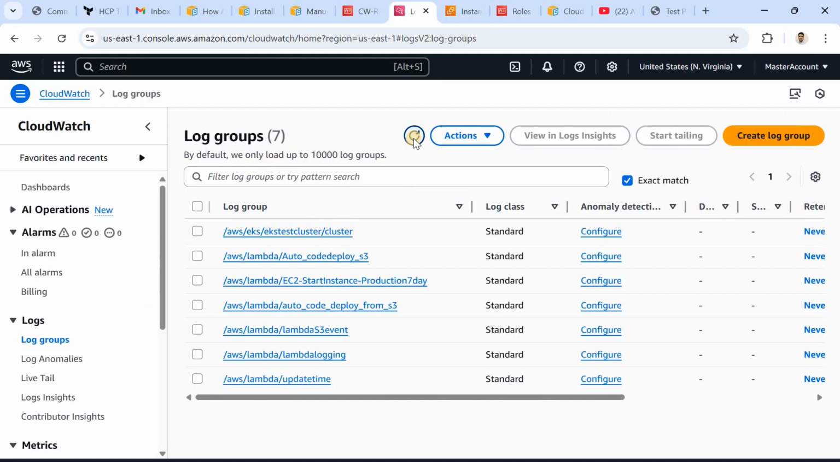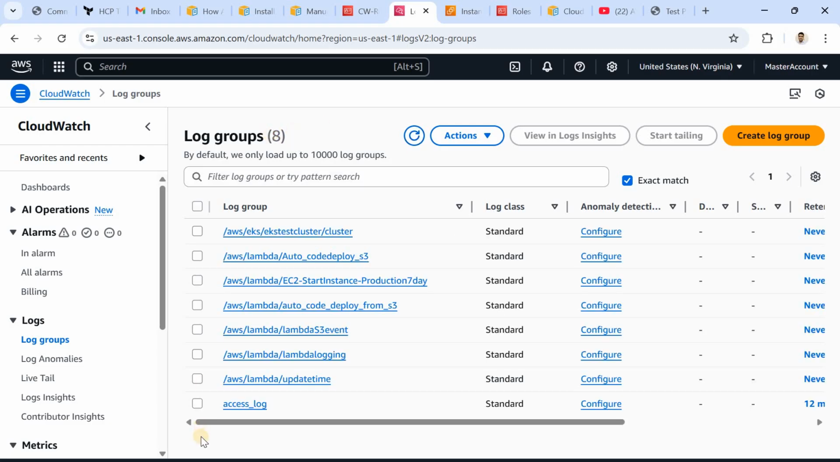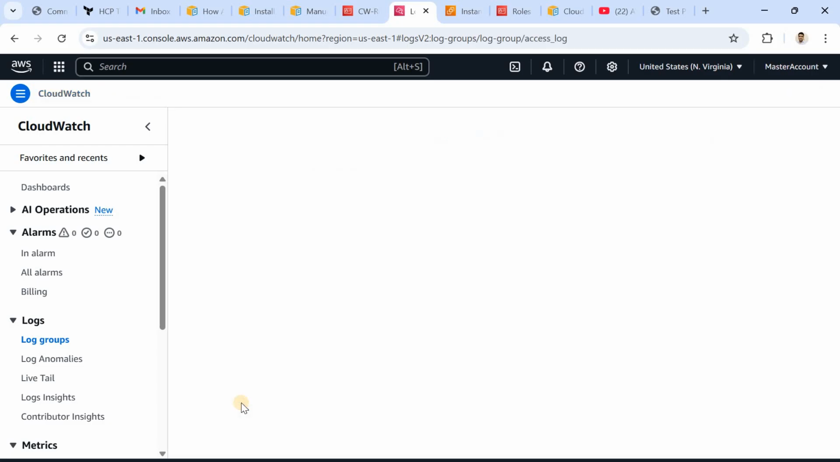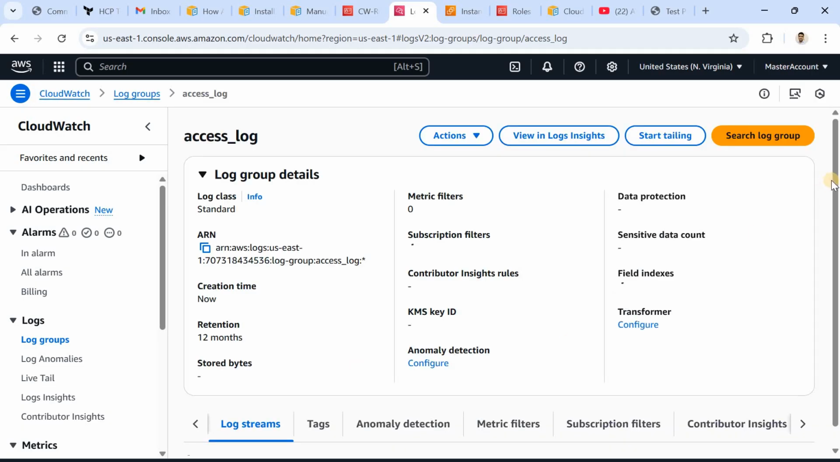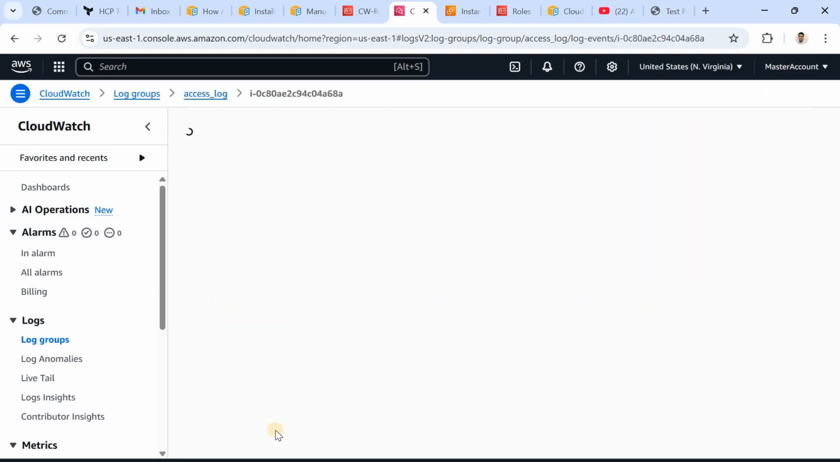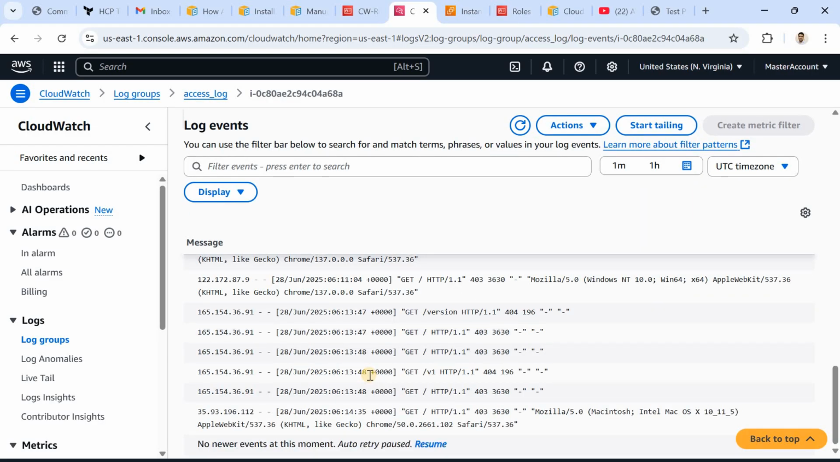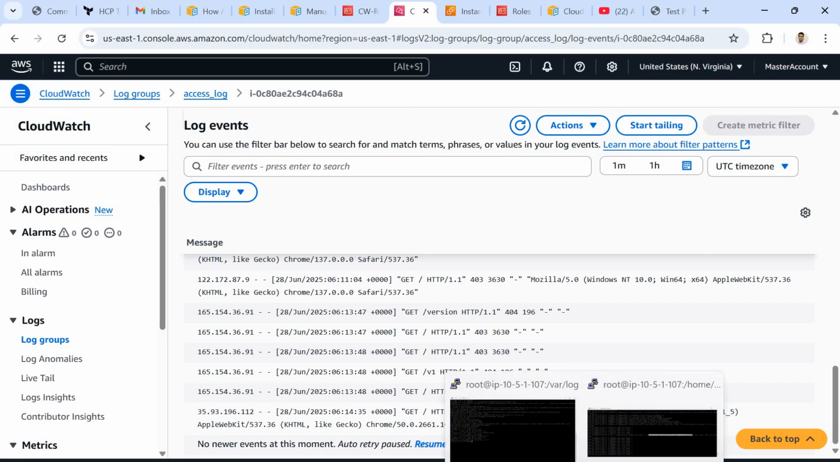Now it's 7. This is 8. And the access log is coming here, right? That is coming. Log stream. The complete Apache log will come. Okay, guys. And last thing, if your metrics